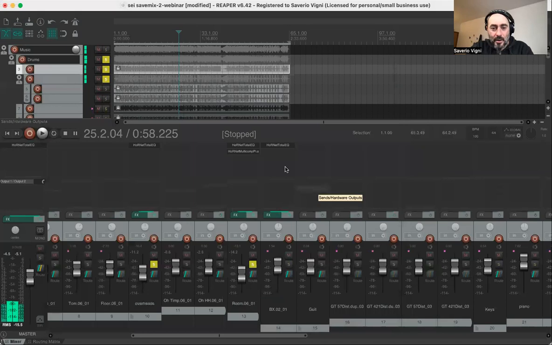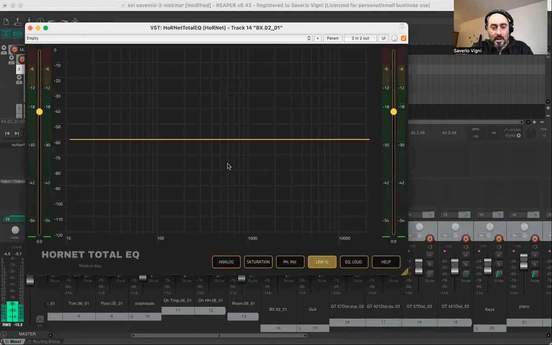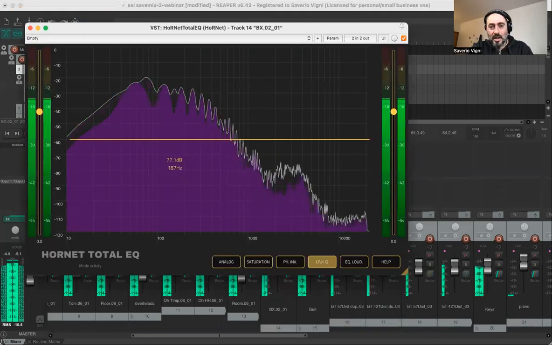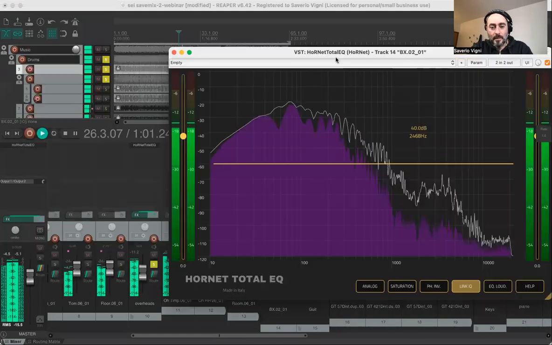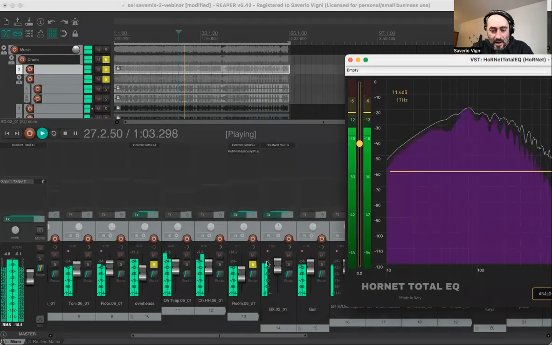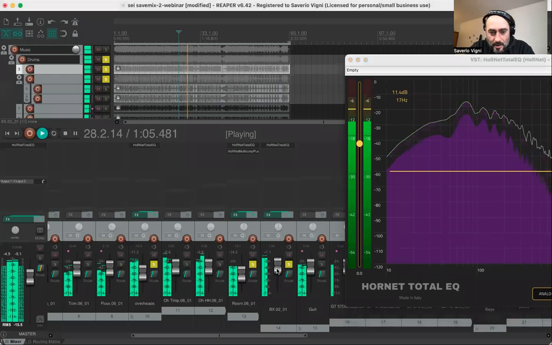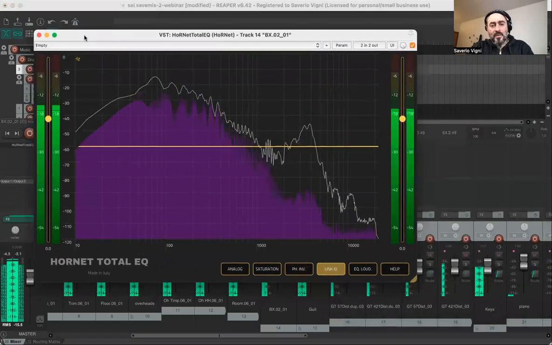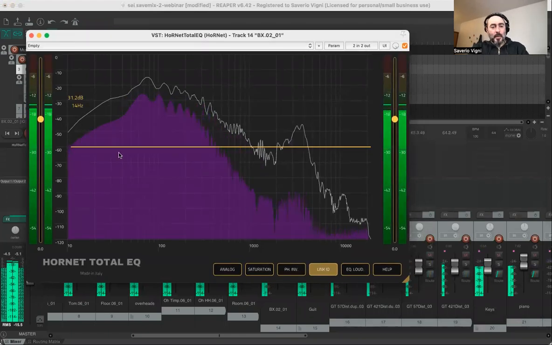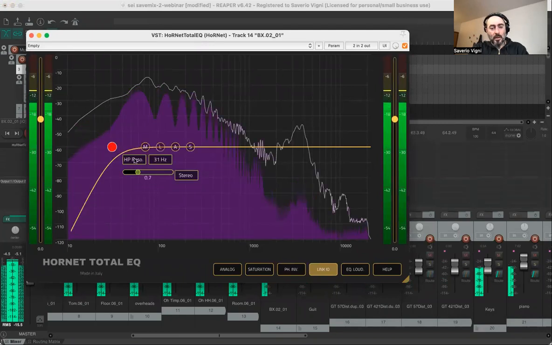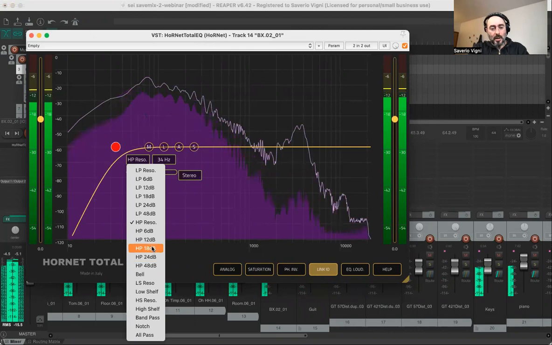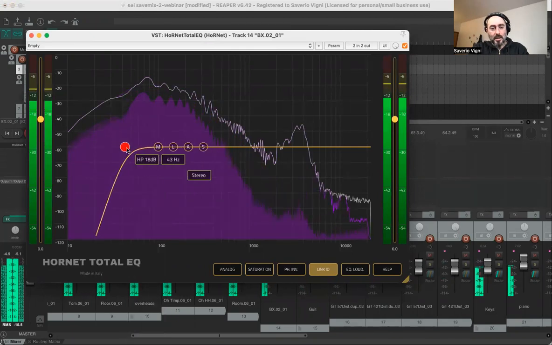Now we're working on the bass. So this is our bass sound. You can barely hear it. Okay, so it was turned off. So it's a very deep bass sound. We are going to remove all this stuff here. We don't care about this stuff. So with our 18 dB per octave,